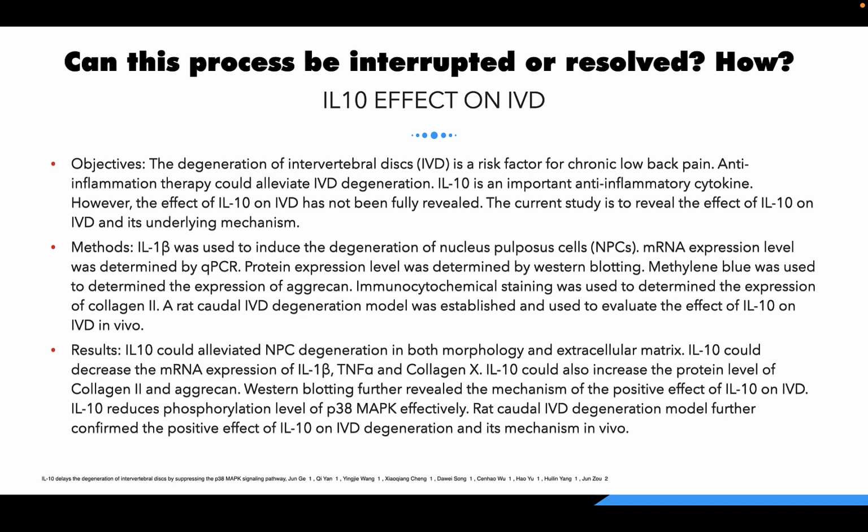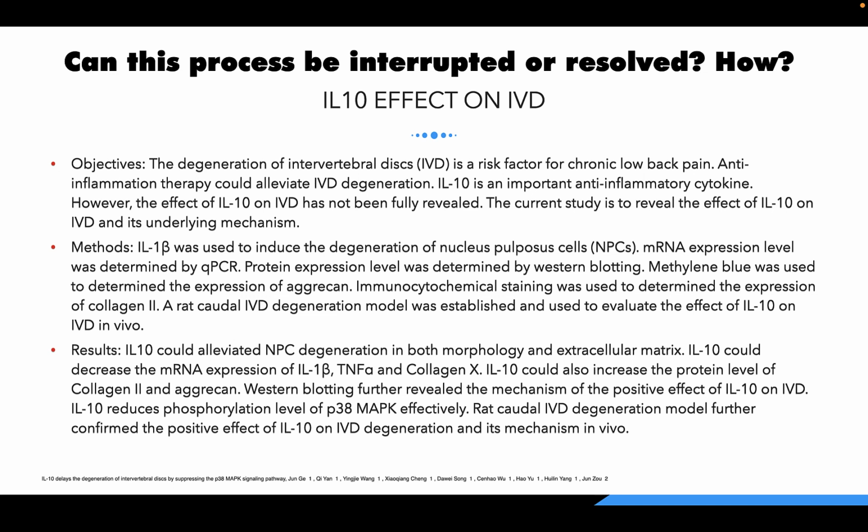So they used IL-1B, again the classic pro-inflammatory cytokine in the disc, to induce the degeneration of the nucleus pulposus cells. mRNA expression level was determined by PCR. Protein expression level was determined by Western blotting. Methylene blue was used to determine the expression of aggrecan, and immunocytochemical staining was used to determine the expression of collagen II. A rat caudal IVD degeneration model was established and used to evaluate the effect of IL-10 on the intervertebral disc in